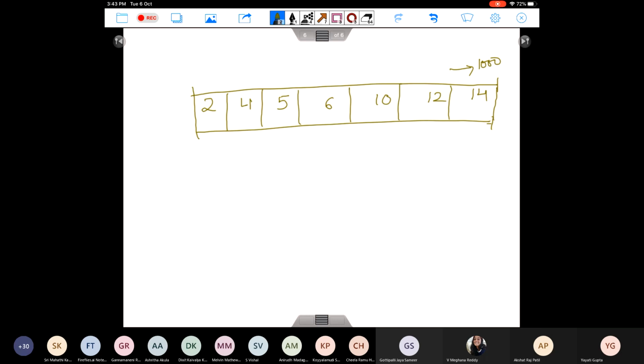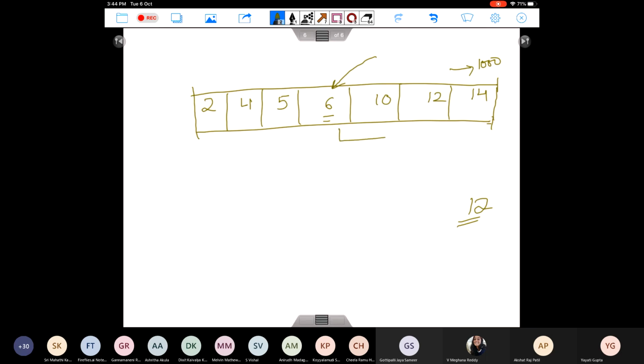You can definitely do it with a random number also. So what we are going to do, just pick up the middle number of the array. In this case, 6 is the middle number, right? I look at this number 6 and you look at the number which you were searching for. So assume that the number I was searching for was 12, right? So I know that 12 is greater than 6. So you can discard this left half right away. So I know that 12 is going to be somewhere in the right half, right?